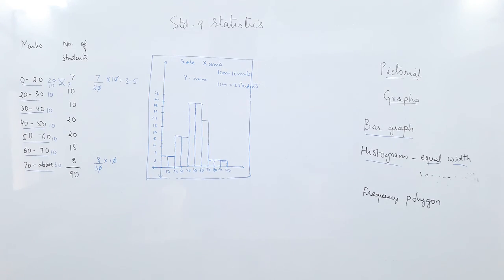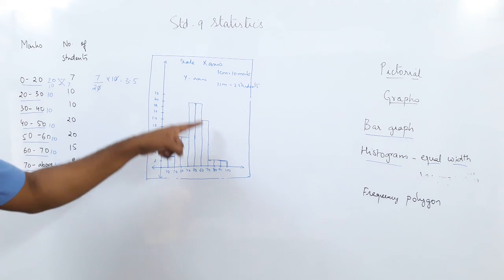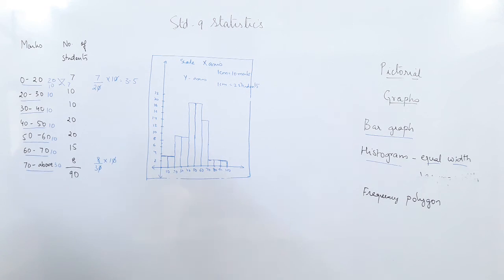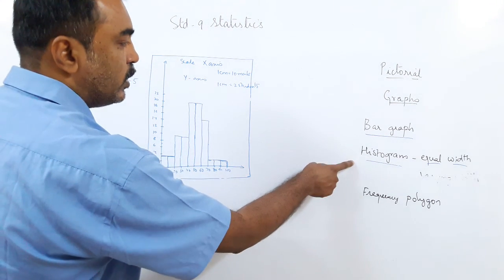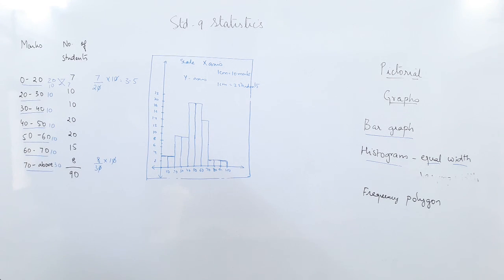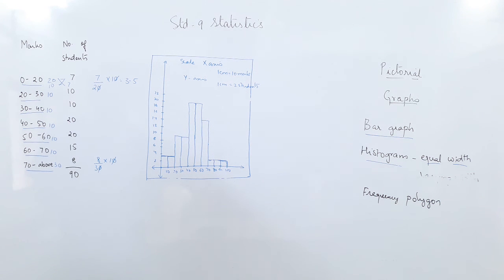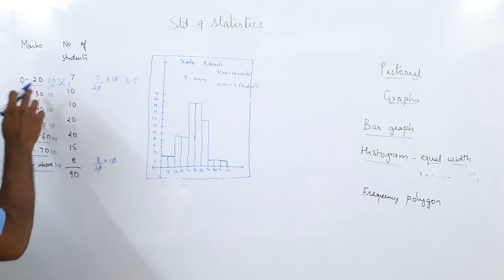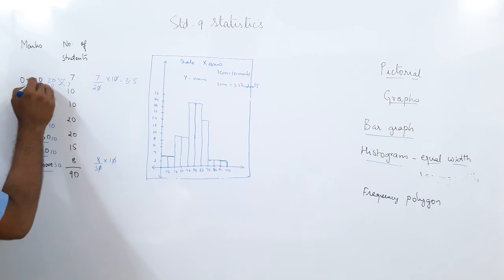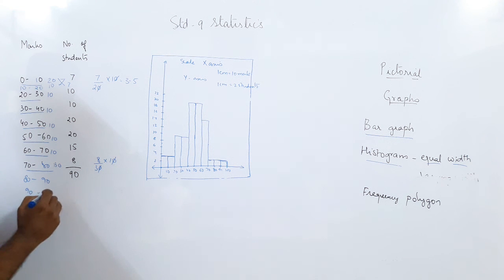In the frequency polygon and the histogram, what has to be common is that the area under the histogram and the area under the polygon should remain the same. So for the correct idea of the frequency polygon, the area under the histogram and polygon should remain the same. So how do we draw the polygon? You have to take the midpoints of all these bars. So we do not go from 0 to 20 now. We need to go 0 to 10 and 10 to 20. Even here we need to go 70 to 80, 80 to 90 and 90 to 100.